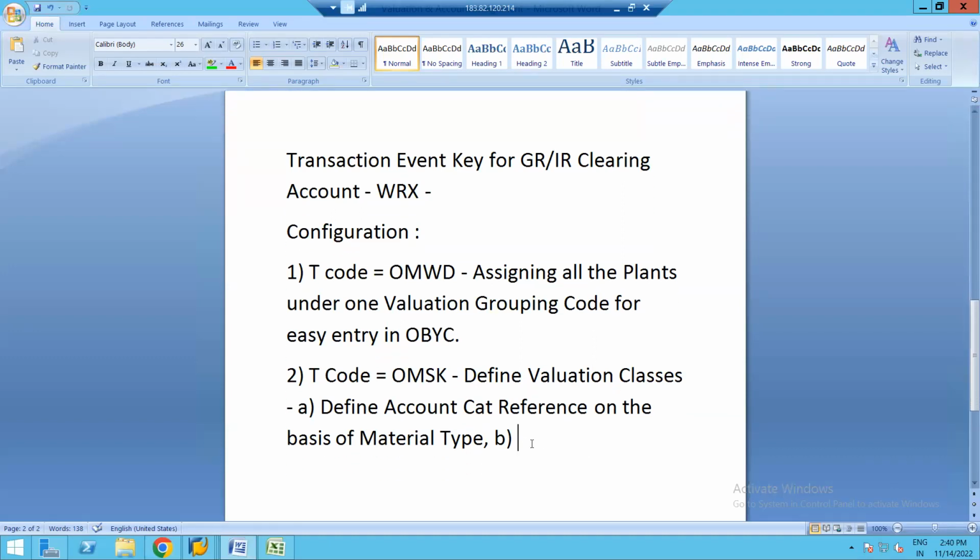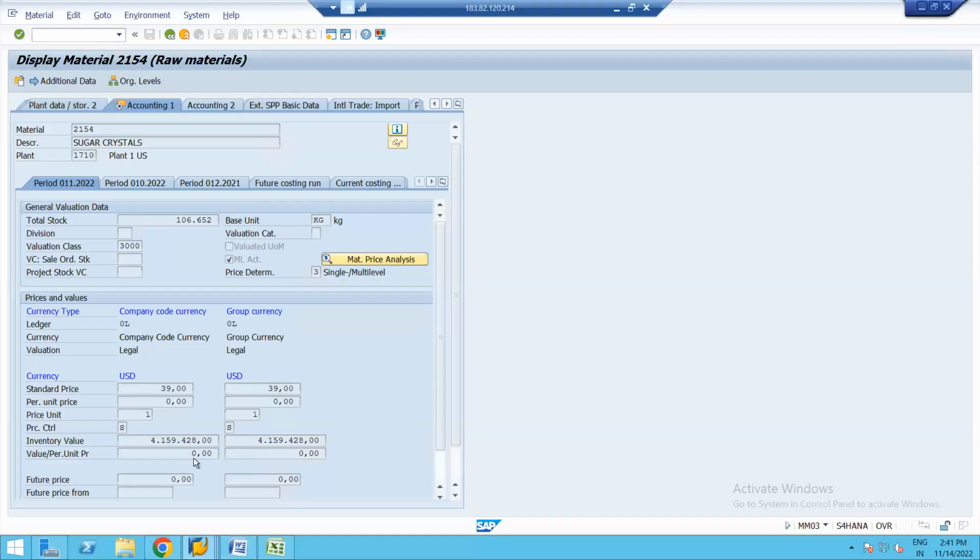Define account categories, yes. Now define and assign the valuation classes to ACR. I'm writing in short form ACR. What is ACR? Account category. Yes, account category reference. Very good. Understood? These two things we have done so far in OMSK. Okay. Now let us move on to the